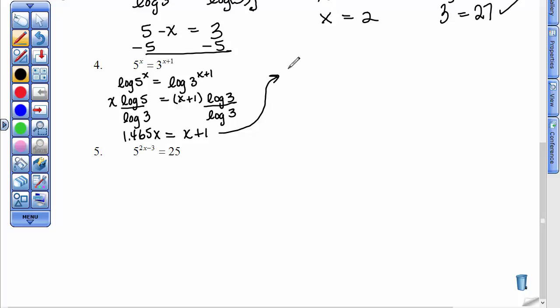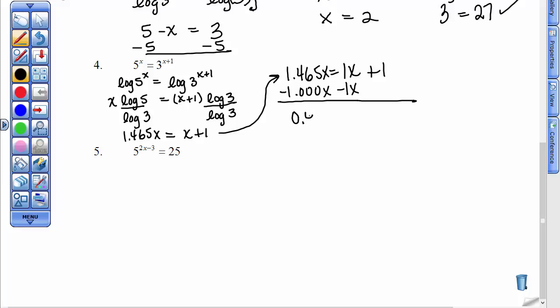So we have 1.465x equals 1x plus 1. Remember, this is a 1x. So when we subtract 1x from both sides of this equation, when we subtract 1x right here from 1.465x, we get 0.465x equals this 1 right here. And now we divide both sides by 0.465,